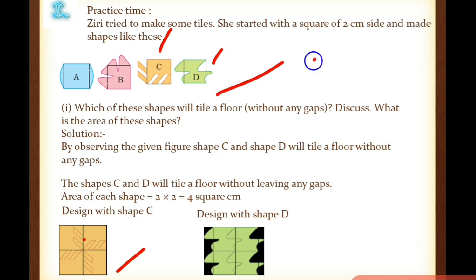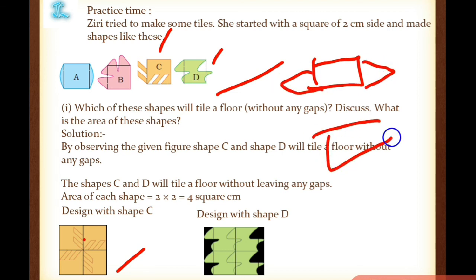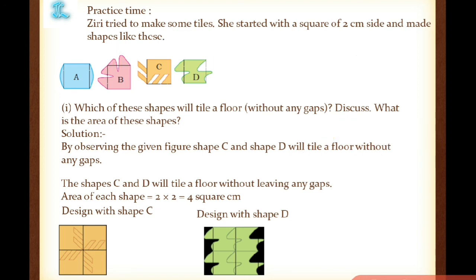But if we take A, because A is like this and it is having a projection like this. If I take one more tile, it will also have projection like that. So where will I keep that? Here the gap will be there. Understood? In B also same like that. This fish shape type one is there, na? That gap will be left out. But here it doesn't left out, because next tile when I take, what I'll do? This projection one I'll insert in this empty part. Like this, this also I'll keep like this and go, so there will be no gap. Now the shapes C and D will tile a floor without leaving any gaps. Okay, like this you will get it.